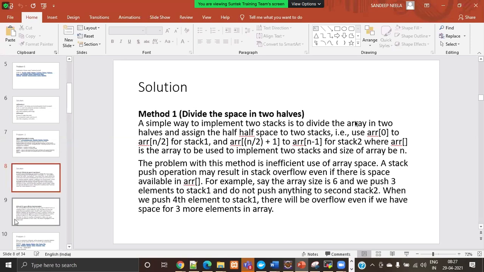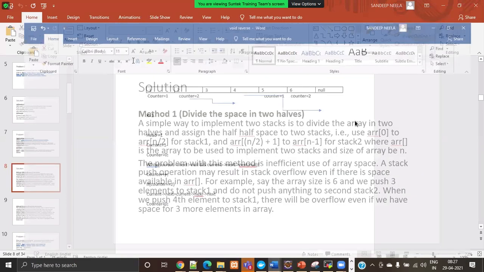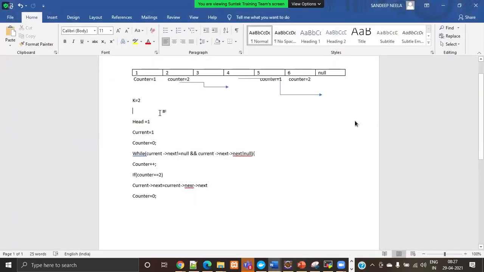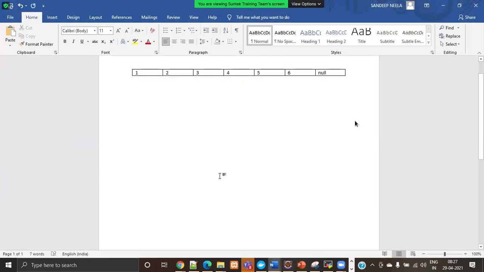Let us assume that this is the only array. We have an array of size 8.